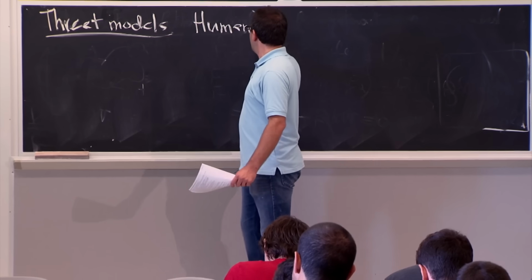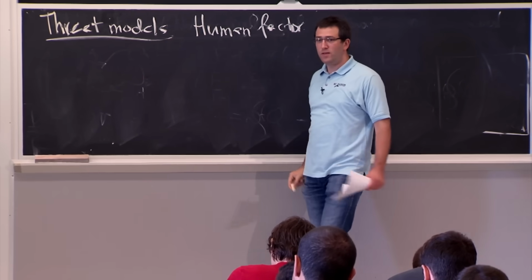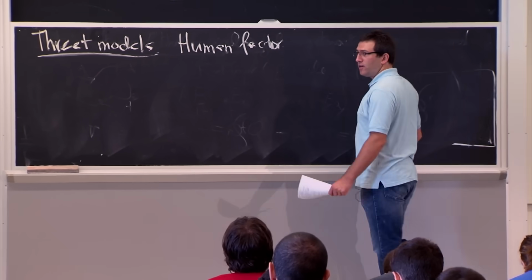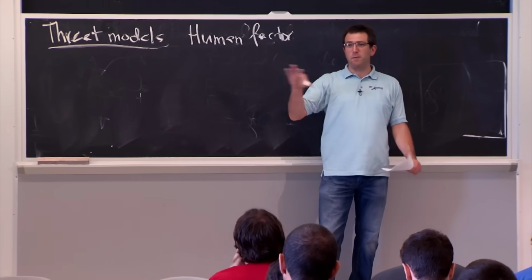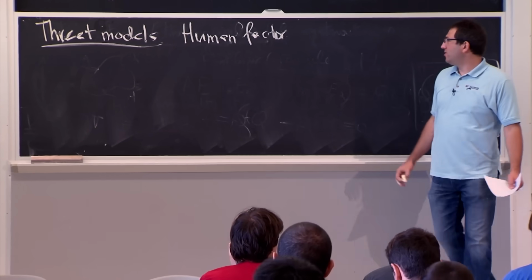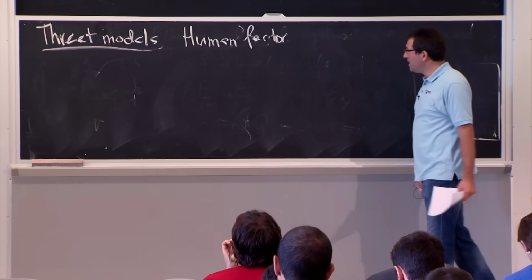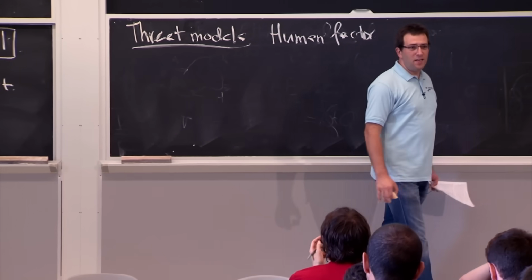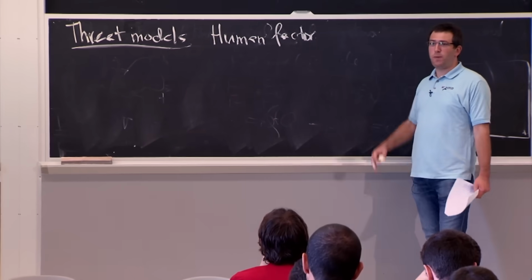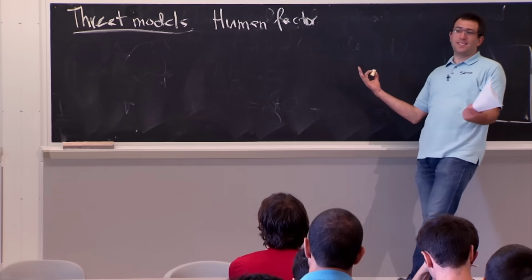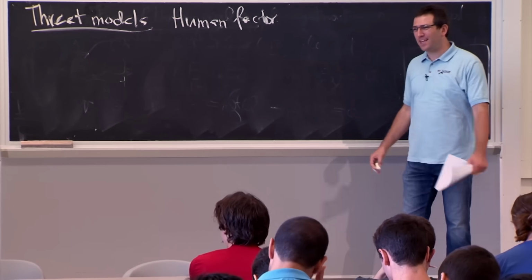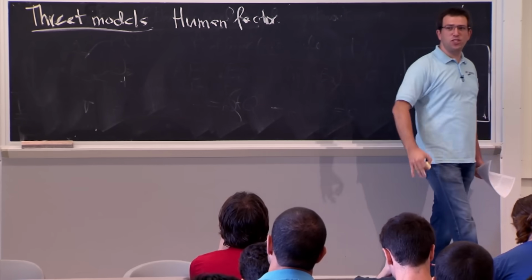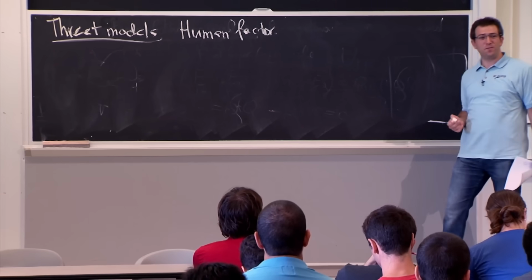So we often make assumptions about what people will do in a system, like they will pick a good, strong password, or they will not click on random websites that they get through email and enter their password there. As you probably suspect, and in practice happens to be the case, these are not good assumptions in all cases. People pick bad passwords, and people will click on random links, and people will enter their password on sites that are actually not the right site at all, and they will not be paying a lot of attention. So you probably don't want to have threat models that make very strong assumptions about what humans will do, because inevitably something will go wrong.